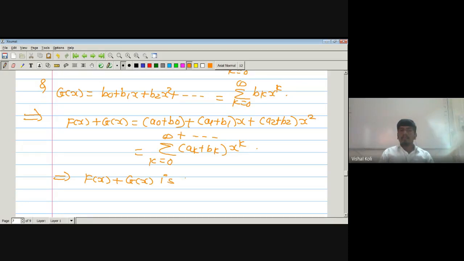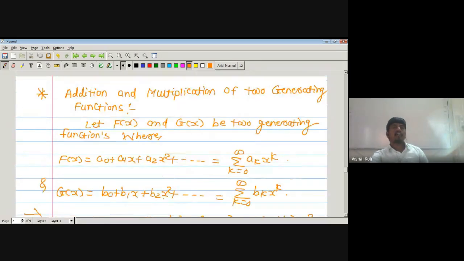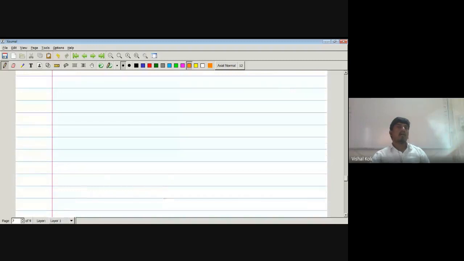is the generating function of the sequence a_k plus b_k. So if we take the addition of two generating functions, then it will give one generating function which is a generating function of the corresponding addition of corresponding sequences. This is for addition. If we take the multiplication, then now